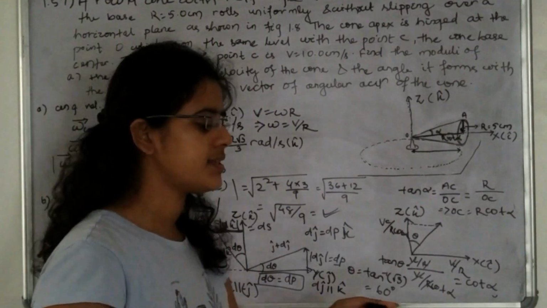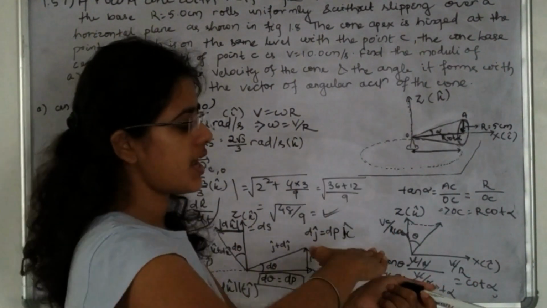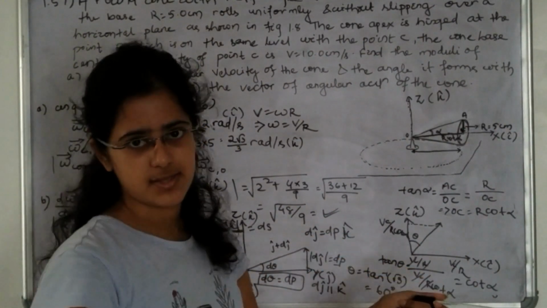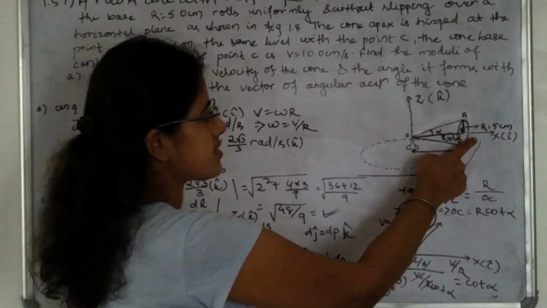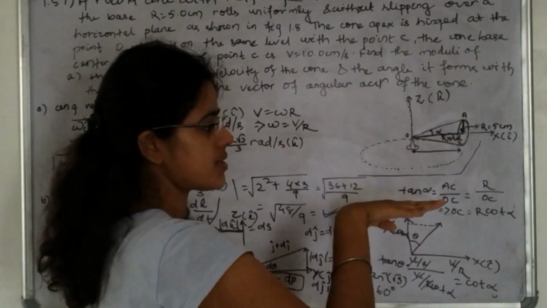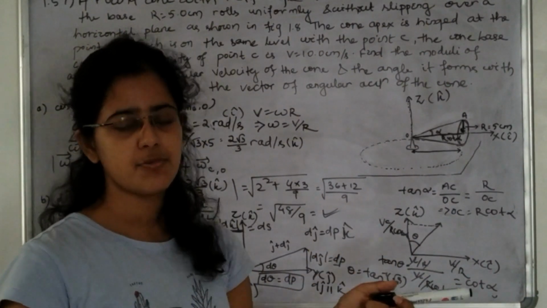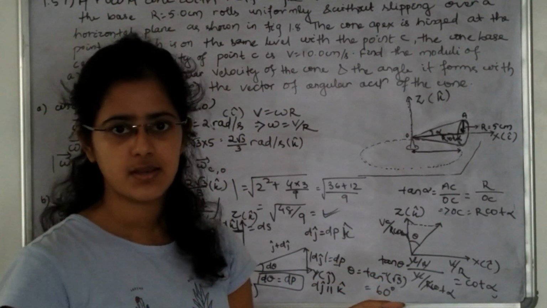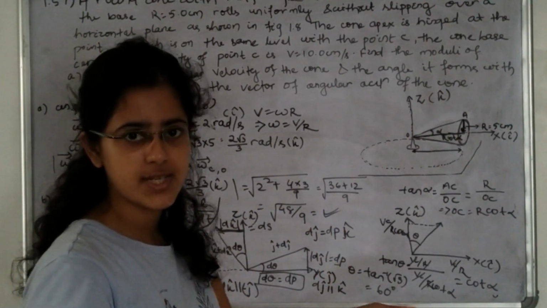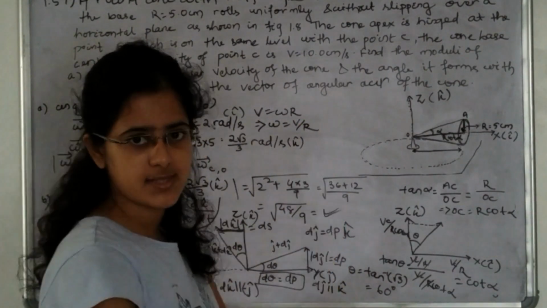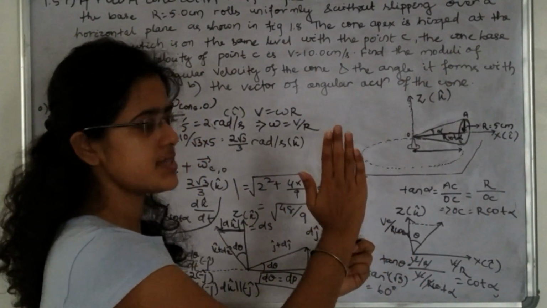You can see that this is x-axis, this is z-axis, the vertical axis, and towards the board is y-axis. We have to consider this cone case. That means in this case, the axis of the cone is directed towards x-axis. So in dt time, there will be no displacement along x-axis. As this is rotating in yz plane, then the displacement is along which direction? Y-axis and z-axis. So you can see that this is y-axis, this is z-axis.